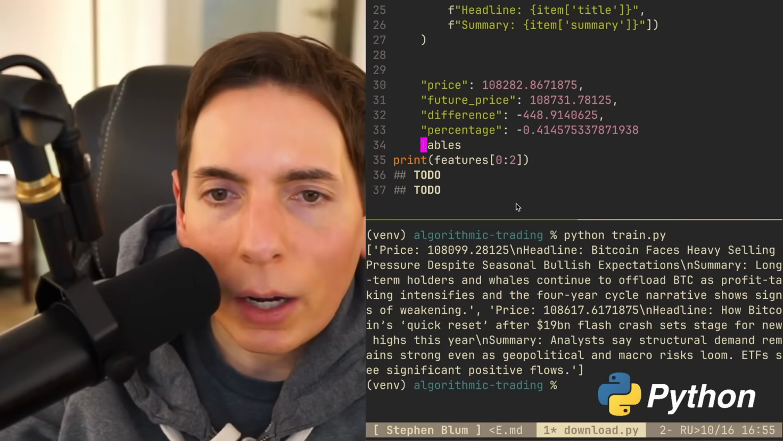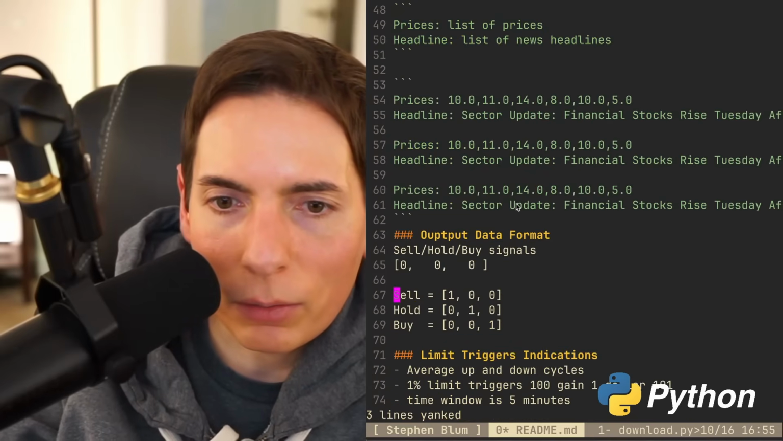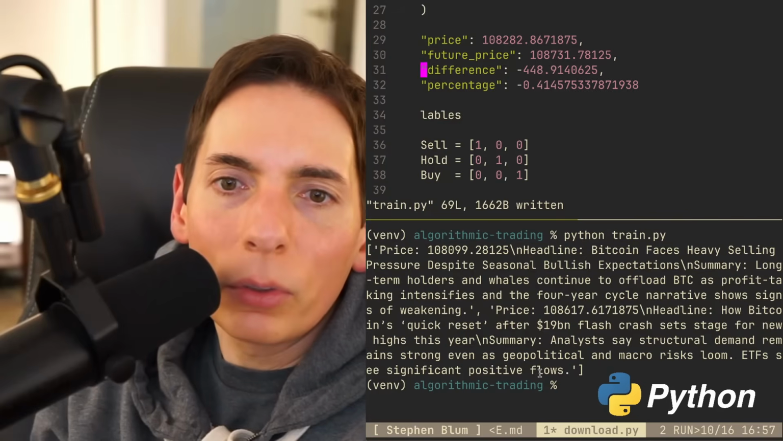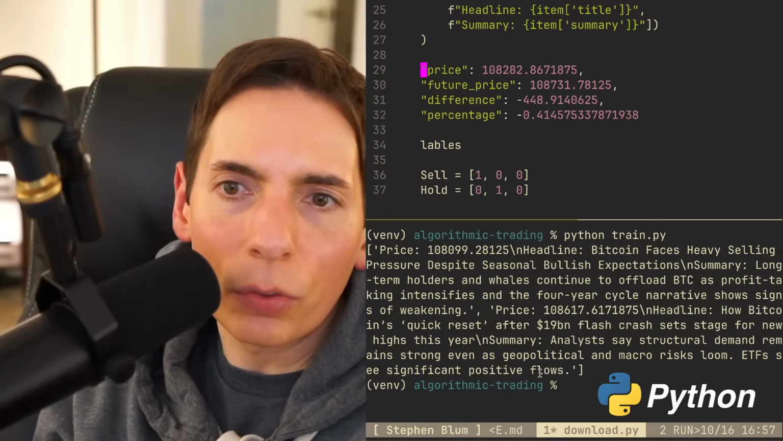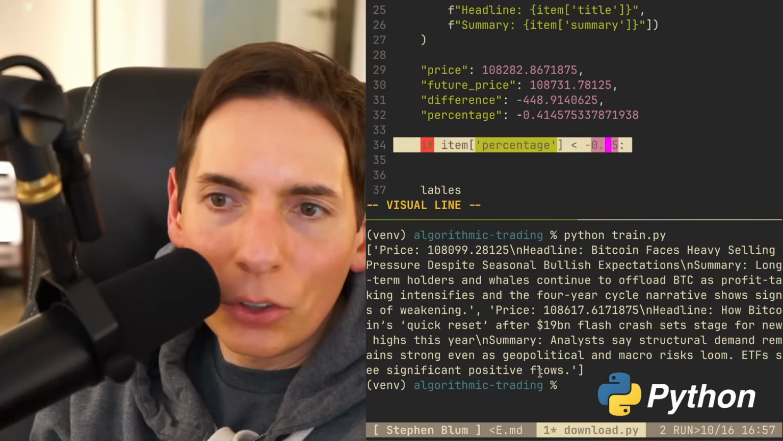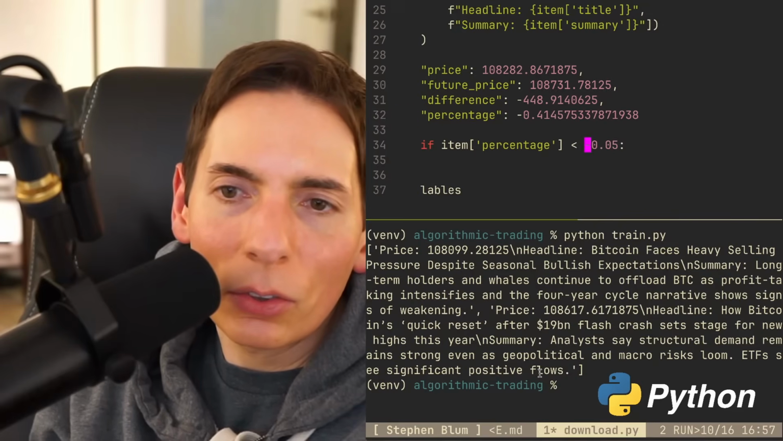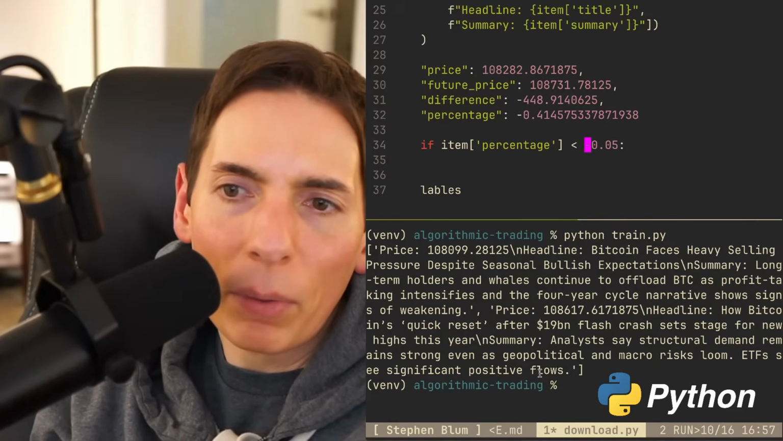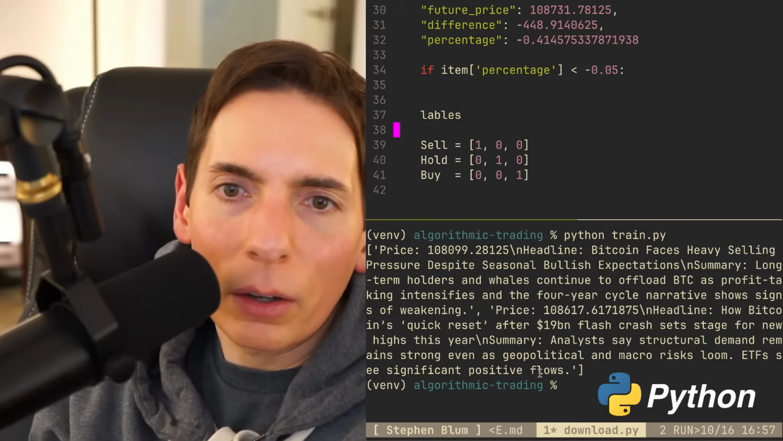We need to either buy, sell, or hold. Right? Buy, sell, or hold. Okay, so here is our data. What I need to do is make a decision. If the future price is going to be big, this is where we want to go, 0, like that. If the percentage is less than this, okay, perfect. Then we want to do our